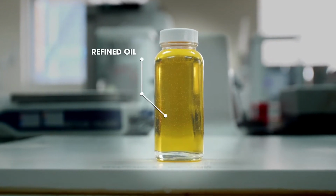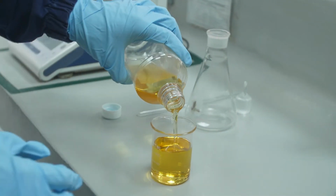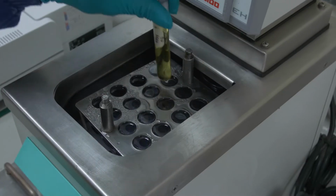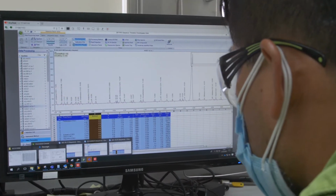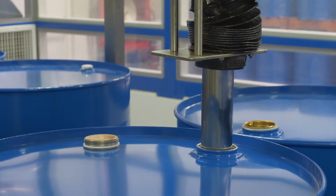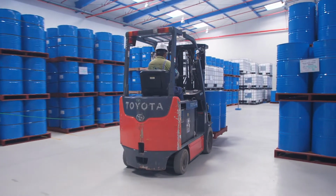Once we have the refined oil, we add a natural antioxidant that will protect it, so it does not deteriorate throughout its useful life until its final consumption. It should be noted that the refined oil process meets the highest quality standards in the industry and is carried out under the strictest conditions of safety and cleanliness. Thanks to this, we can export it to the following countries: